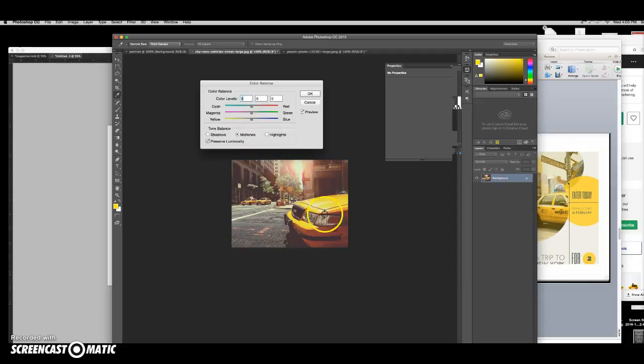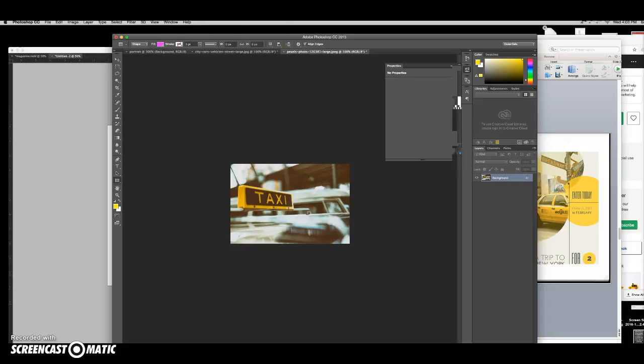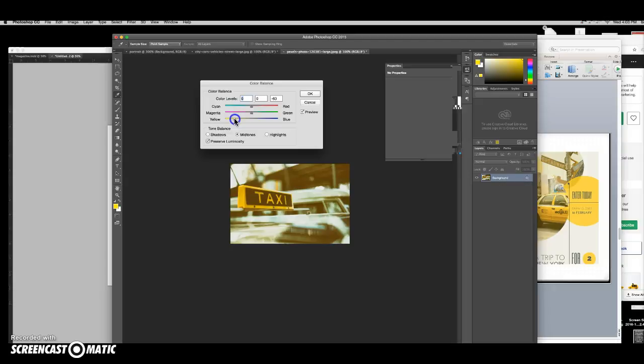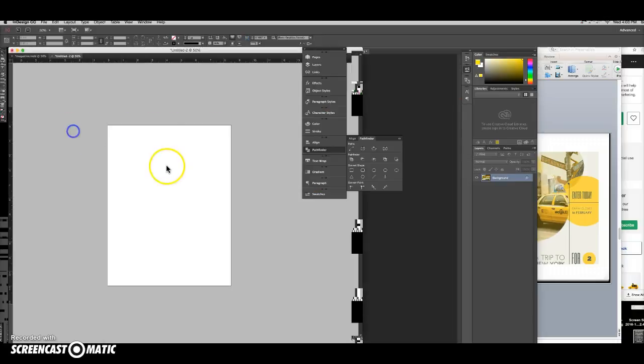Now I notice there's a little bit of a red tint to this picture, so maybe I want to take that down. And then I also want to make it really yellow. And then you could adjust that in your highlights and things like that. You could manipulate the photo as much as you want, and then you could do the same thing here so that they kind of match, so that when you flip back and forth, they have both the same yellow tint, so that when you go to your page,